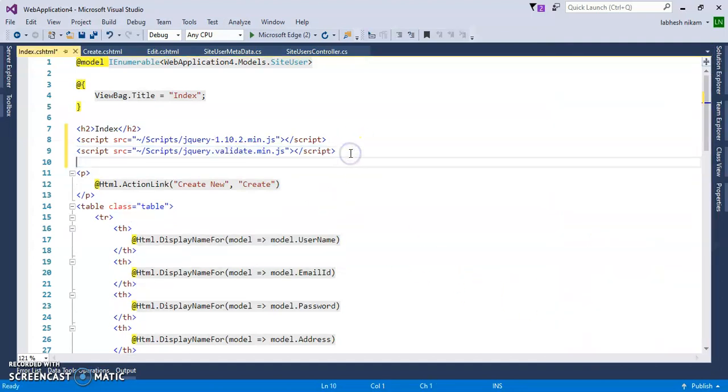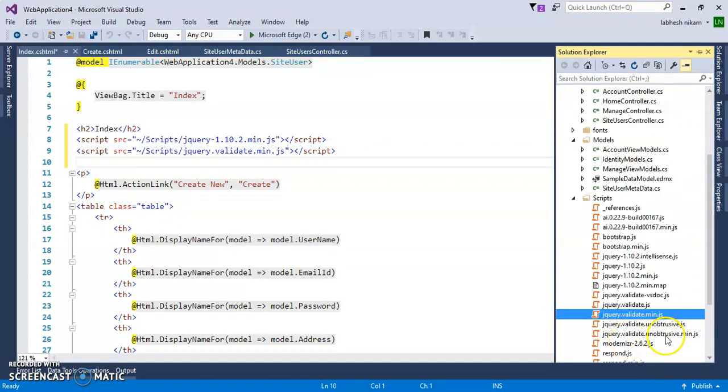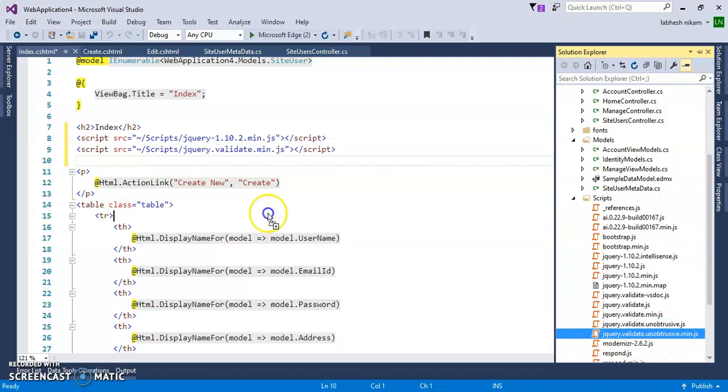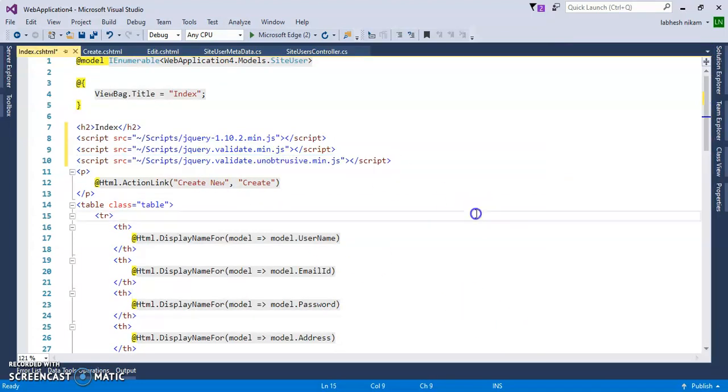After this, you need jquery.validate.unobtrusive min.js. You must put these scripts in order. First you need jquery min.js, then validate min.js, then validate.unobtrusive min.js, because unobtrusive depends on validate min, and validate min depends on jquery 1.10.2 min.js.